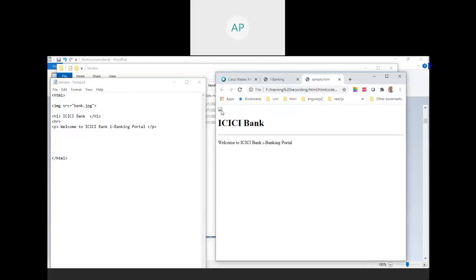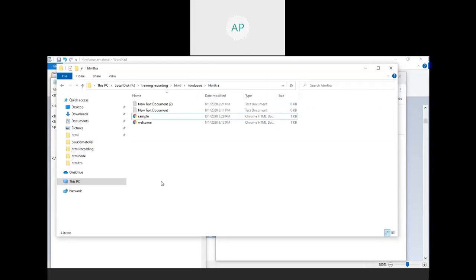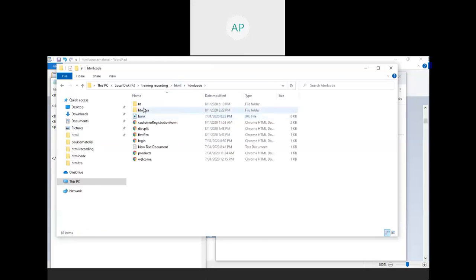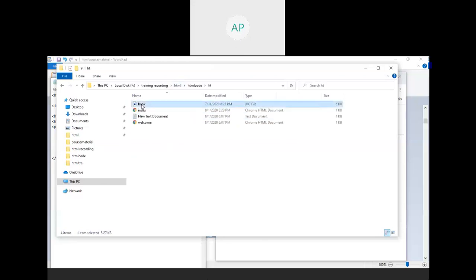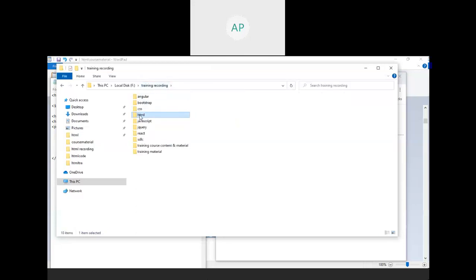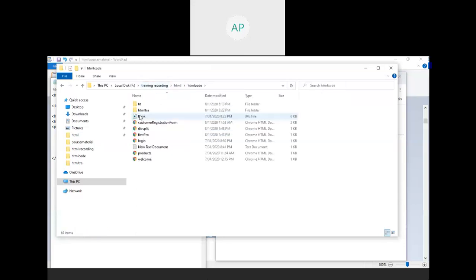I get empty because bank.jpg is not available in my folder. The image is not available in this folder, that's why I'm getting blank. So let me copy the image from my previous training HTML code.